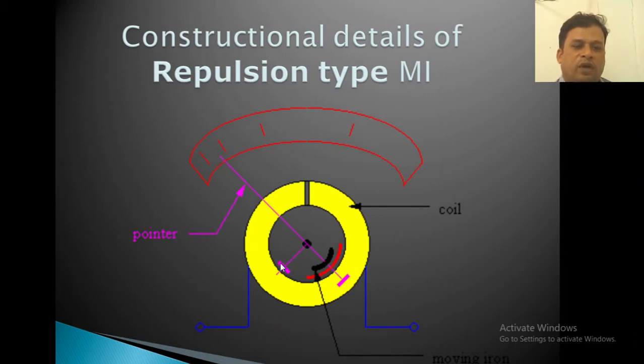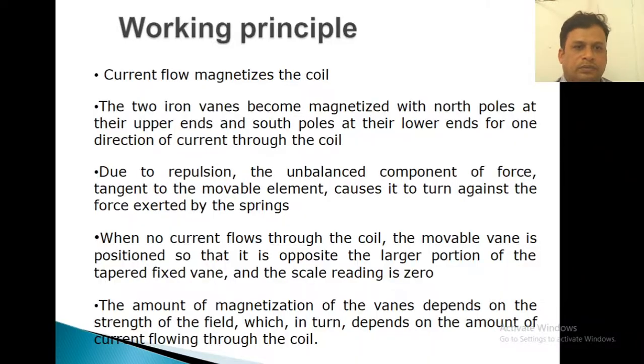Because of the current flowing, a magnetic field is developed according to the current, and according to that magnetic field the pointer deflects. So we have to make a note that whatever current is flowing, the magnetic field is developed accordingly, and according to the magnetic field the pointer deflects, while the damping as well as the controlling torque is done by the respective elements.